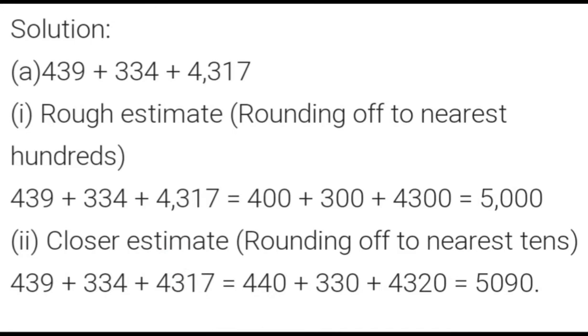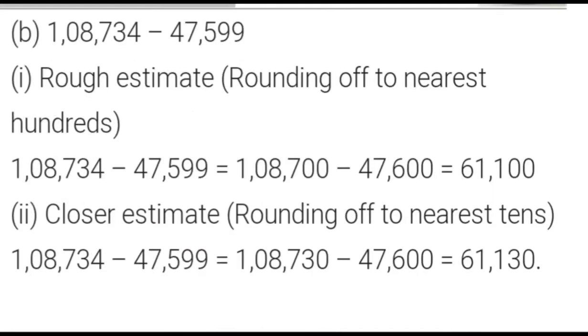Okay students, now let us move on to question B. Here the number given is 1,08,734 being subtracted with 47,599. Now take a rough estimate by rounding off to the nearest hundreds. So let us talk about